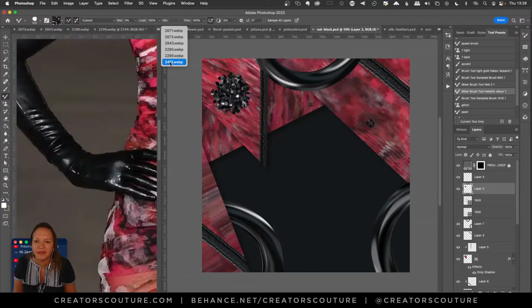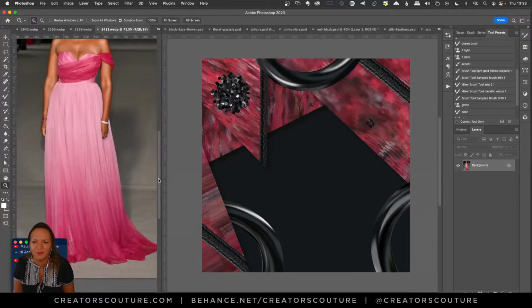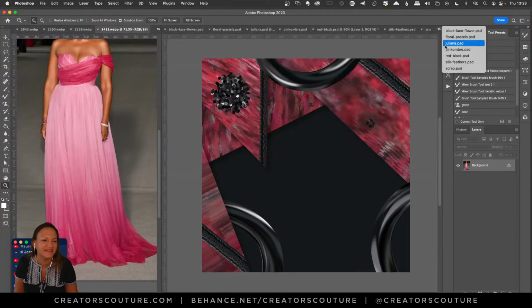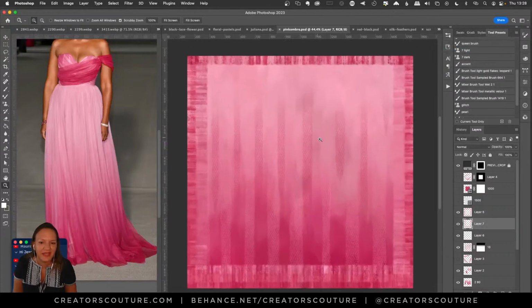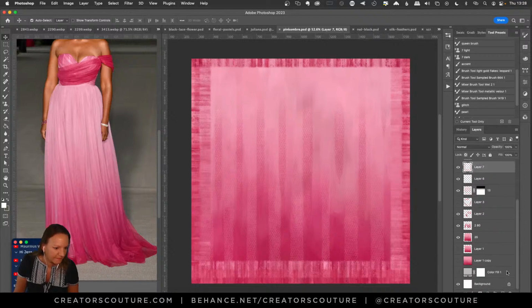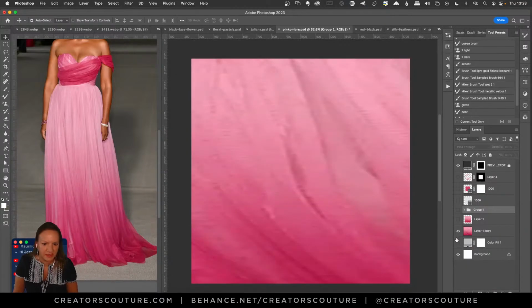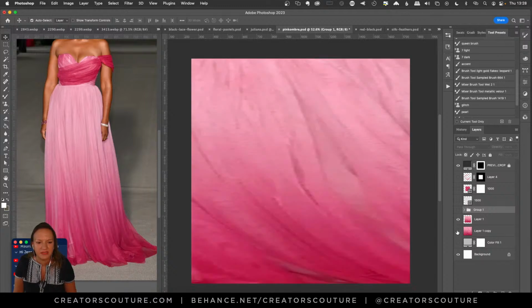And I think I had the last one, which was the ombre. I shouldn't say ombre, it sounds like Spanish for man, so ombre. I think that's the right word to say it. Pink ombre. And for this one, what did I do? Oh yeah, so I did a lot of things, but let me group this, hide this. Okay, so the main thing is that I wanted the ombre effect to be across the whole document.